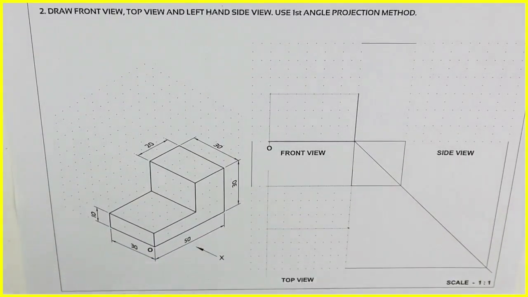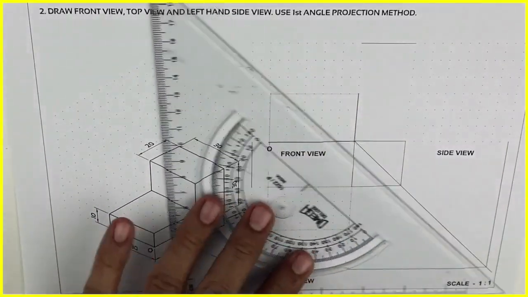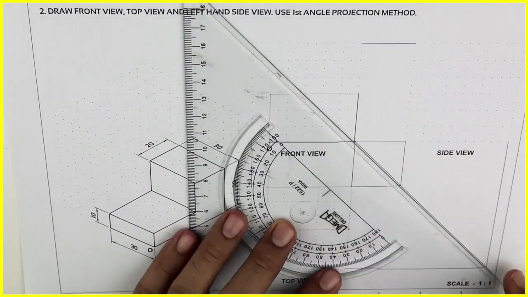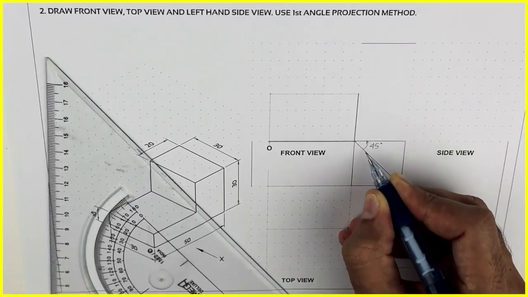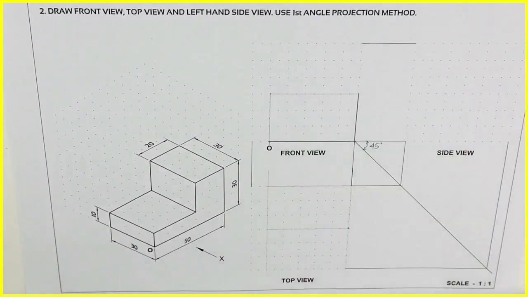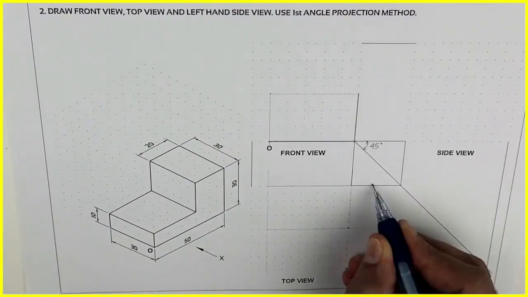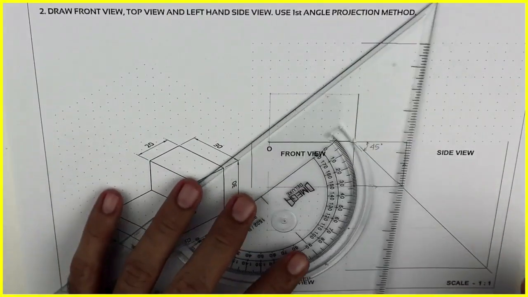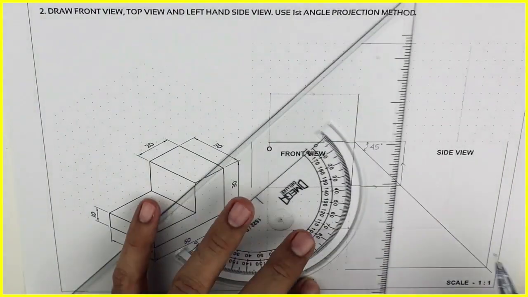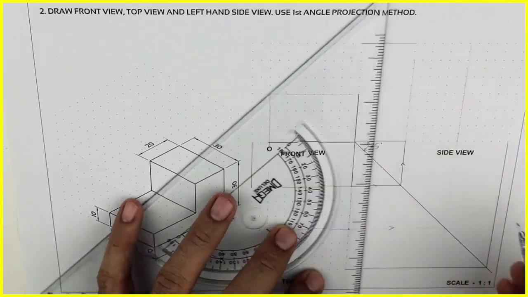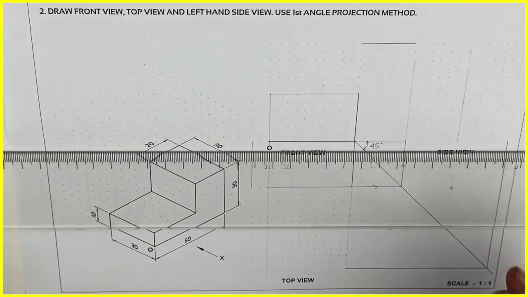After that, we'll draw 45 degree. We can use this set square to draw 45 degree. See this, like this. You can keep it horizontal on the T-scale, and you can draw 45 degree. Or you can take it with a protractor. After that, you will take lines from the top view, and wherever they intersect that 45 degree line, from there we will draw a vertical line. So that means we have transferred the width, which is how much? 30. So in side view you will have a box of 30 by 30.